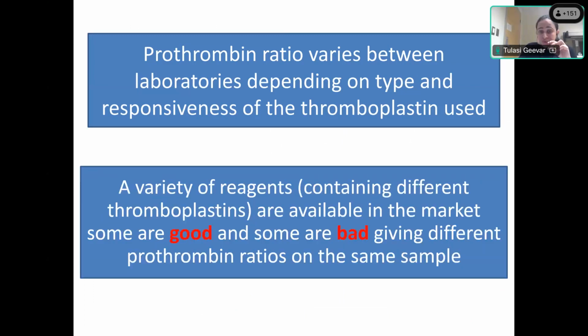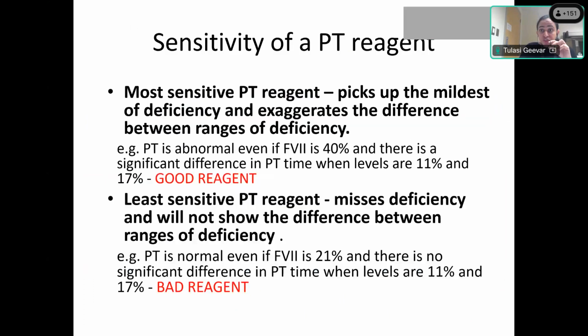There are a variety of reagents available. Some are good and some are bad. Now, how do you know whether a reagent is good or bad? The most sensitive PT reagent picks up the mildest of deficiency and exaggerates the difference between ranges of deficiency. That is, PT is abnormal even if factor 7 is at 40%, and there is a significant difference in the prothrombin time between 11% and 17%. So at 11%, you would expect the prothrombin time in seconds to be higher than at 17%,